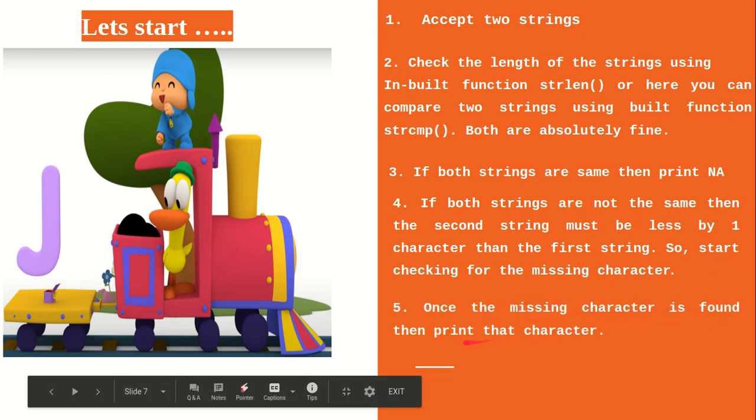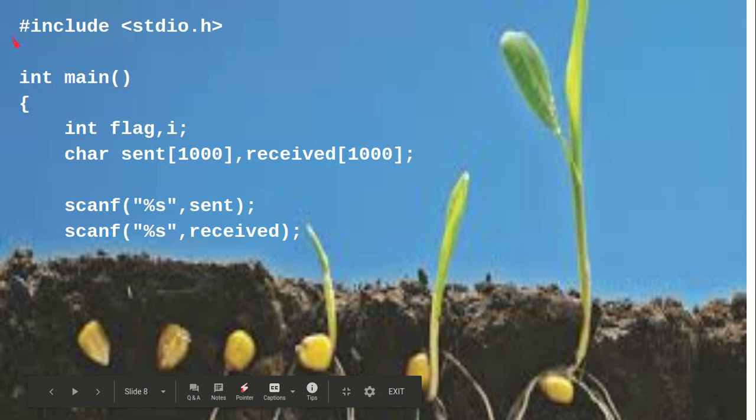So here I start writing the code. First I complete all the basic things like header file, main function, variable declaration, and then I accept input strings. So here using the scanf function, 2 strings are accepted. Next we go for the next thing.